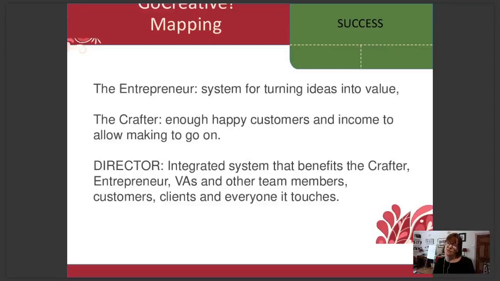And also the director will be thinking about the other people that your business touches. So it would be perhaps other creatives that you work with, like designers or your web people or whatever, your virtual assistants, if you hire assistants.